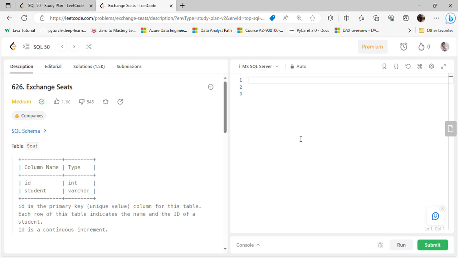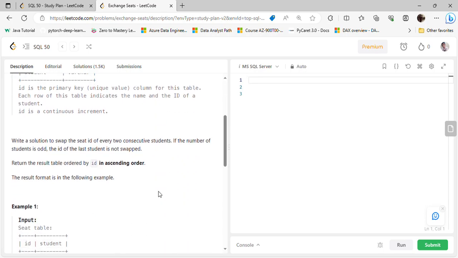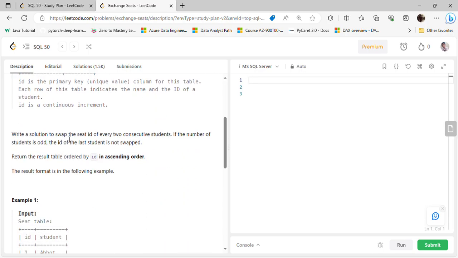It is saying to write a solution to swap the seat ID of every two consecutive students. If the number of students is odd, the ID of the last student is not swapped. We have to order by ascending order. So let's select ID, student, and so what we are doing here is, it is saying that the ID of the last student is not swapped